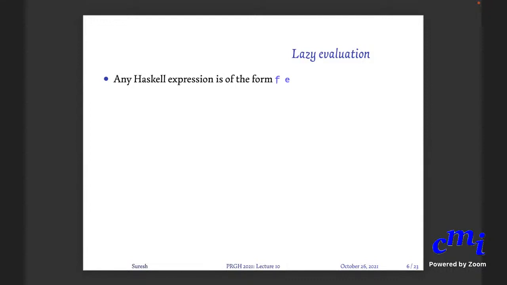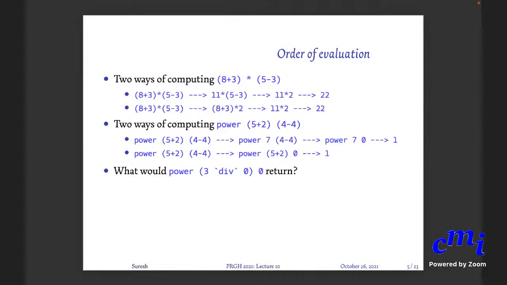Meaning, I have a question. Yes, please. In the pattern matching for x, which is any number, it will know that 3 div 0 is an integer without evaluating. Because the type matches. That's all it needs. 3 div 0, you don't need to evaluate. If at all it has a result, it will be an integer, because div is of type int arrow int. 3 is an int, 0 is an int. That's all it cares. You're saying that any integer will match. When you say any integer will match, you don't mean any number like 0, 1, 2, 3. All you're saying is any expression of type int will match this. Okay. Yeah, any expression of type int will match this.